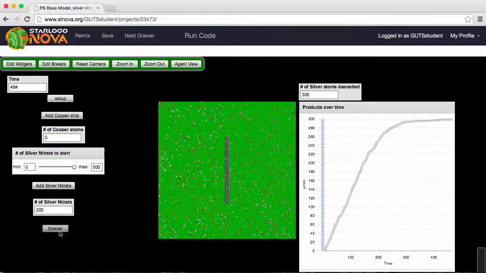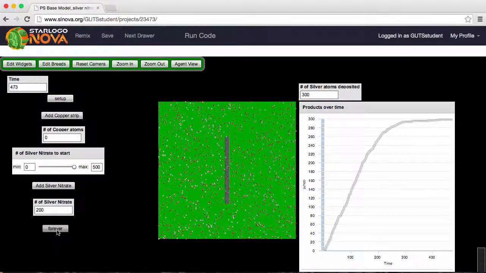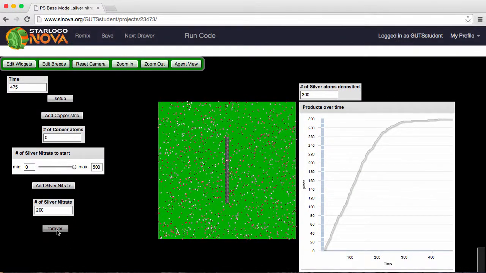So now run this over and over again, of course, and get an idea of how much time it took for 150. So if I look this way and I look down, it looks like about 100 ticks or 100 time units in this module. So let's go down to the code,